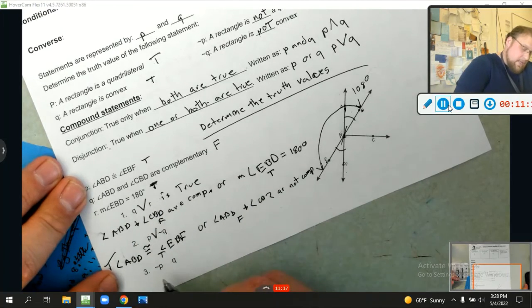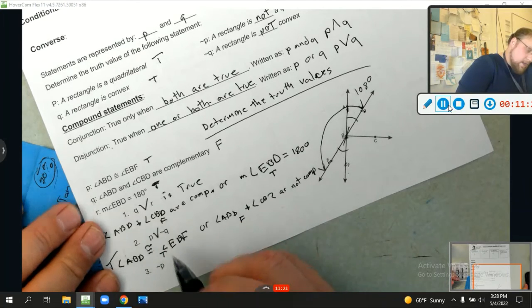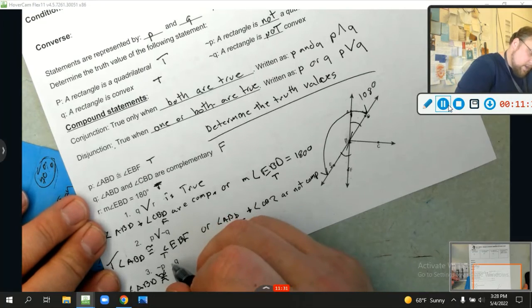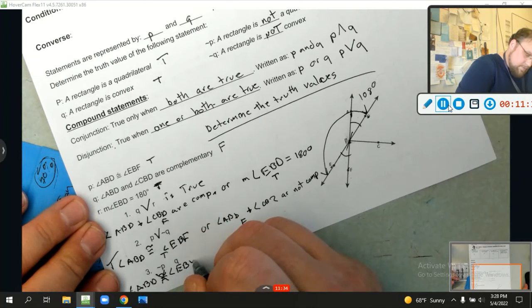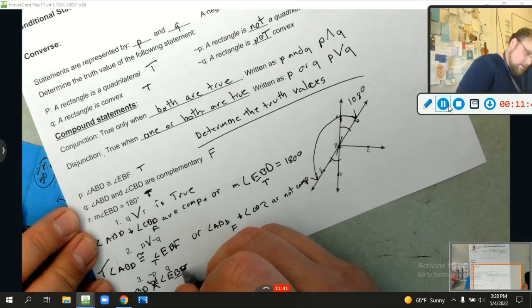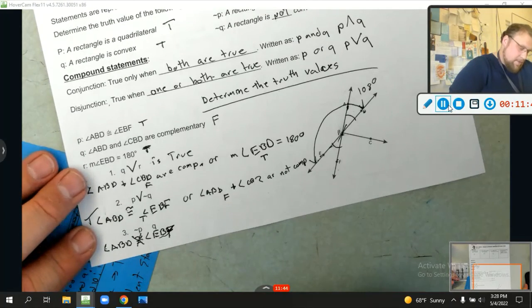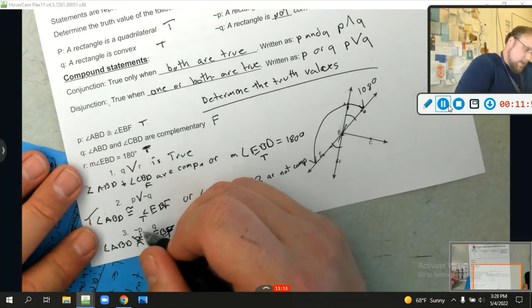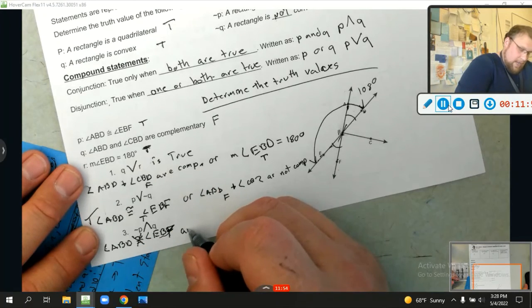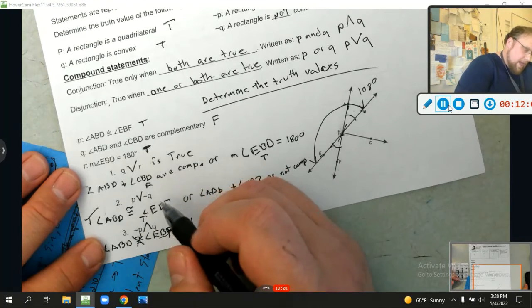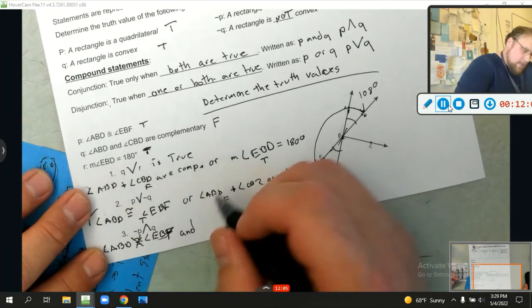And then last but not least, not P and Q. So not P: angle ABD is not congruent to angle EBF. And then, what are we doing here? We're going to do a conjunction. So this time we're going to do an and. We have not P, which is angle ABD is not congruent to angle EBF. And we're going to do Q, which is angle ABD